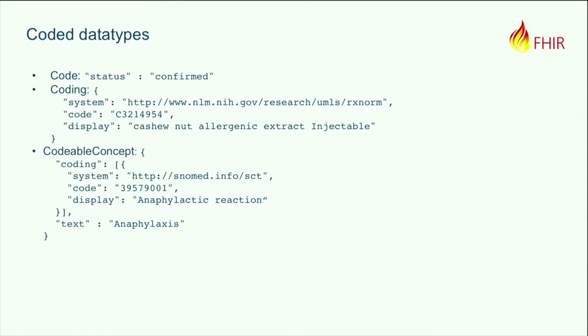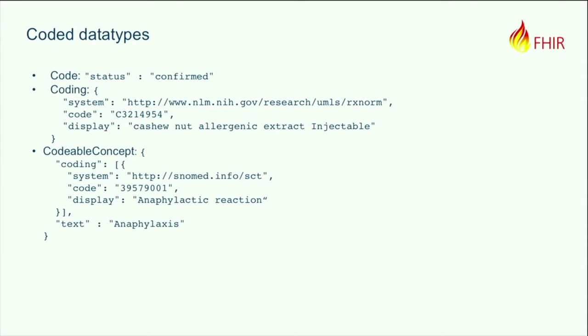Then we have the codable concept. The codable concept is made up of naught or more codings and a text element. This is far and away the most useful coded element. You'll see that most of the coded elements in the spec, and indeed that you will use in your profiles, will be of type codable concept. The reason is that because coding is multiple, this allows you to have codings from different code systems. So you might have a single concept, like asthma, and code it from SNOMED, and code it from LOINC,